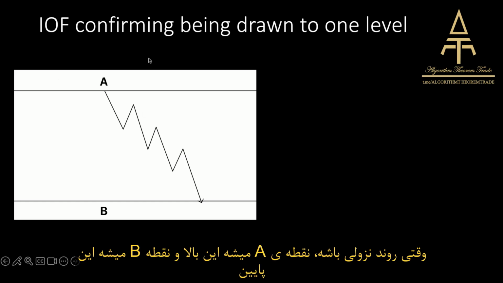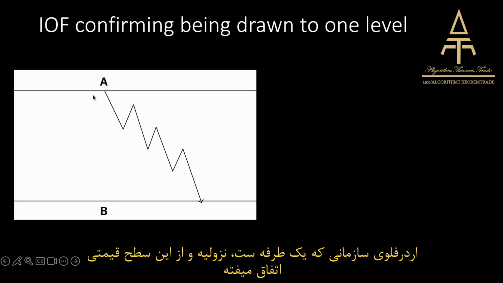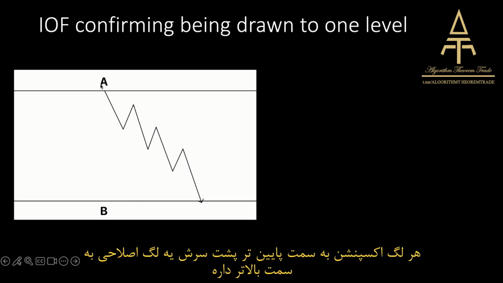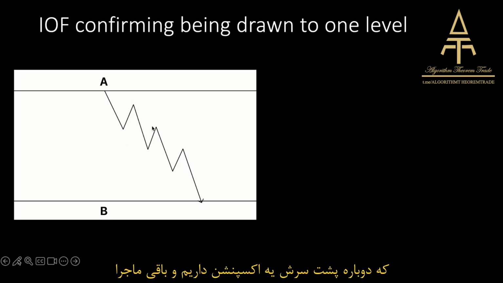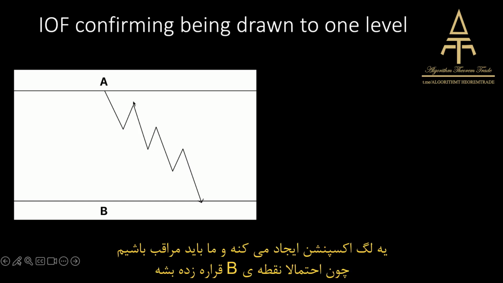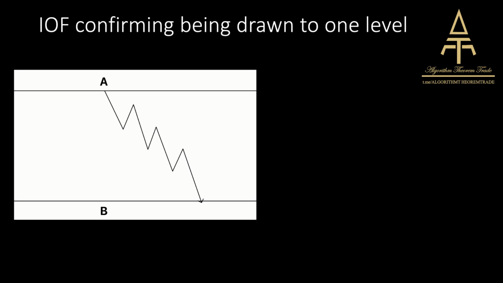When bearish, point A is up here and point B is down here. The institutional order flow that is one-sided is bearish, and it occurs from this price level, which is point A, and it goes towards point B. Every single expansion leg lower is followed by a retracement higher, followed by an expansion, etc. The moment that price would displace above a high that got created here, that set up an expansion leg, we would have to be careful with thinking that point B is likely to be reached.